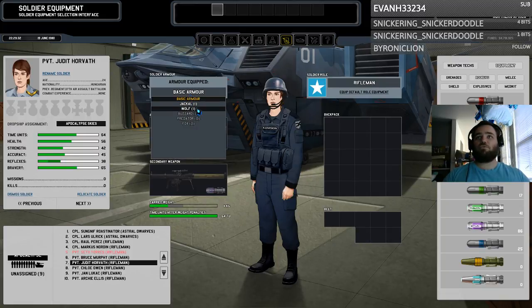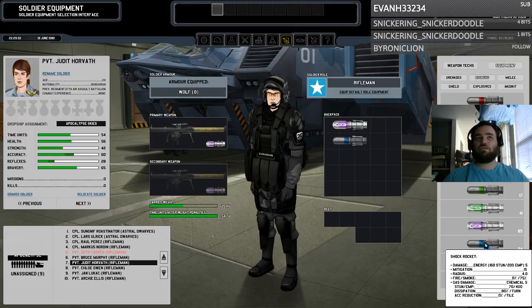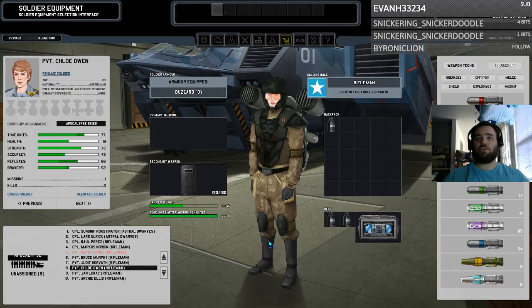We got one more wolf suit for you. Wow, why do we not have any friggin' armor left? We've been burning through it that fast? Yeesh. Okay, some rockets for you. We've still got xenomorphs though, so we're gonna need some other stuff. Alright,